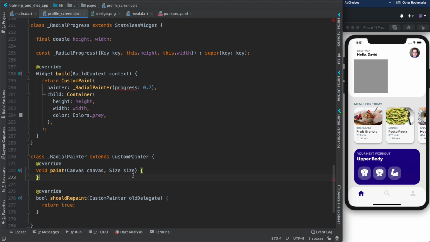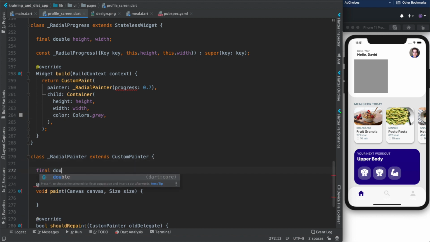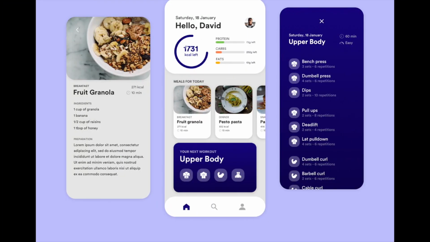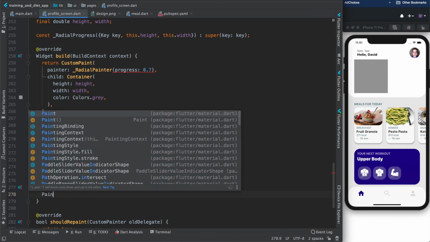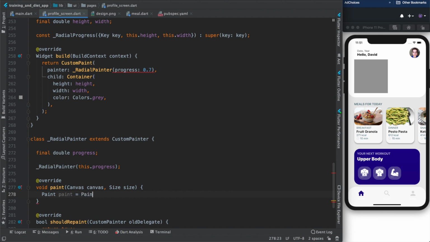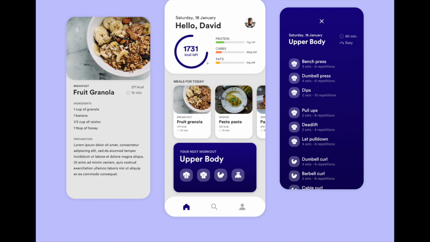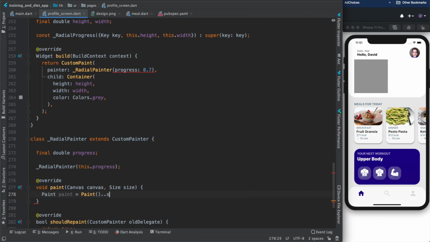Right, now first of all we need to take progress. Right, fine, and we need to create a circle first of all. So this circle, how you can create? So let's create a paint. Paint will be nothing but this blue color with some width and stroke. Okay, so stroke width will be equal to 10, and then